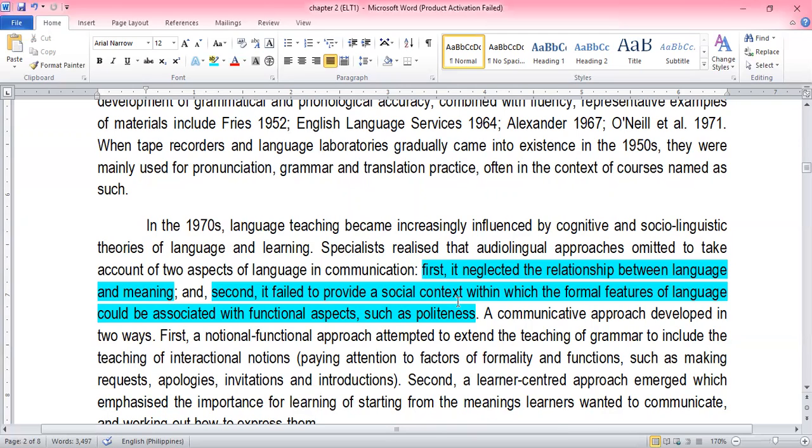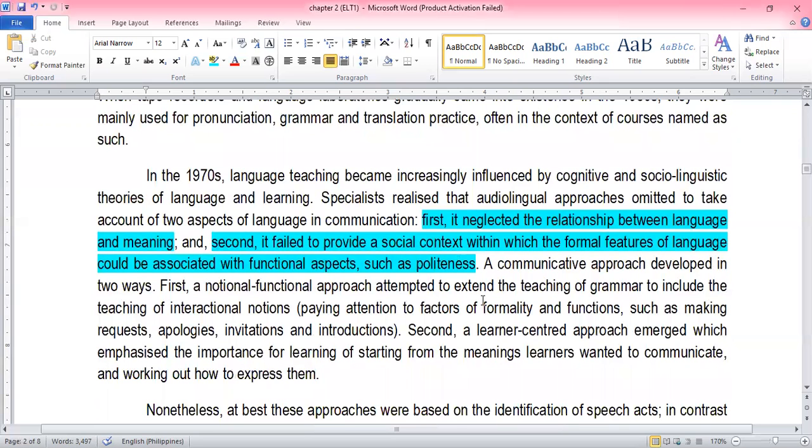Kasi sa audiolingualism, just like grammar translation method, medyo focus lang siya sa parang limited na access ng language. Unlike kapag when we look at it in a cognitive and social linguistic aspect, we not only get to look at the language but also at the culture of the language. Very important na interrelated talaga yung culture and language. Okay? So, ngayon, a communicative